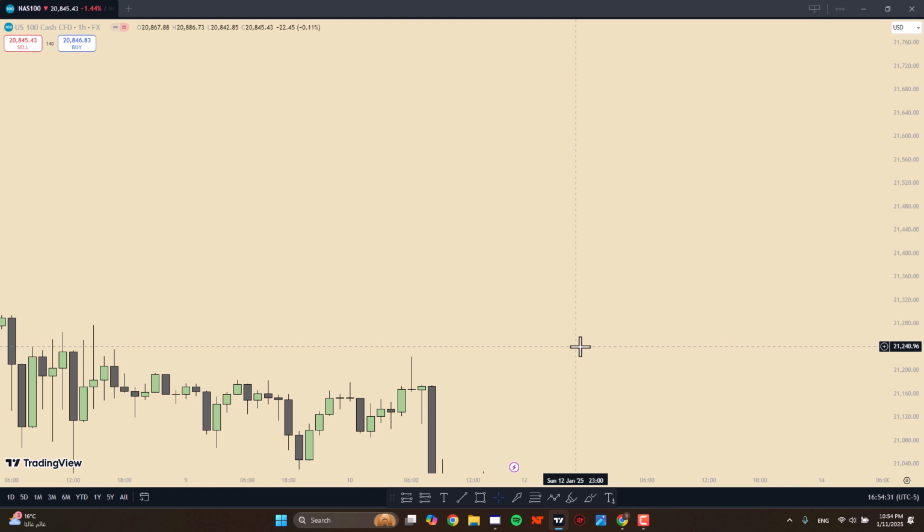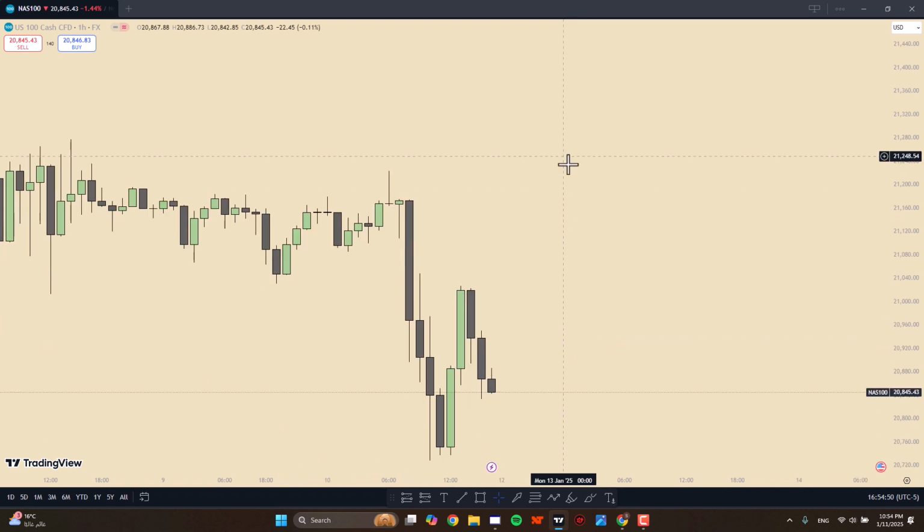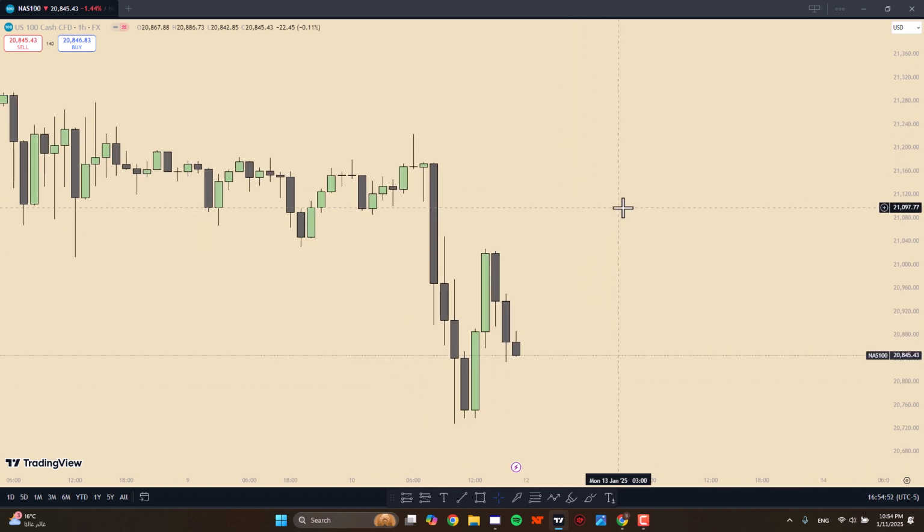That's the whole framework, but you need to follow with me till the end of this video so you know exactly how it works. We're going to go to the lab right now and show you exactly how you can apply that. So basically it's a two-step framework: direction on the higher time frame, confirmation on the lower time frame. Easy, right? But not a lot of traders use it the right way.